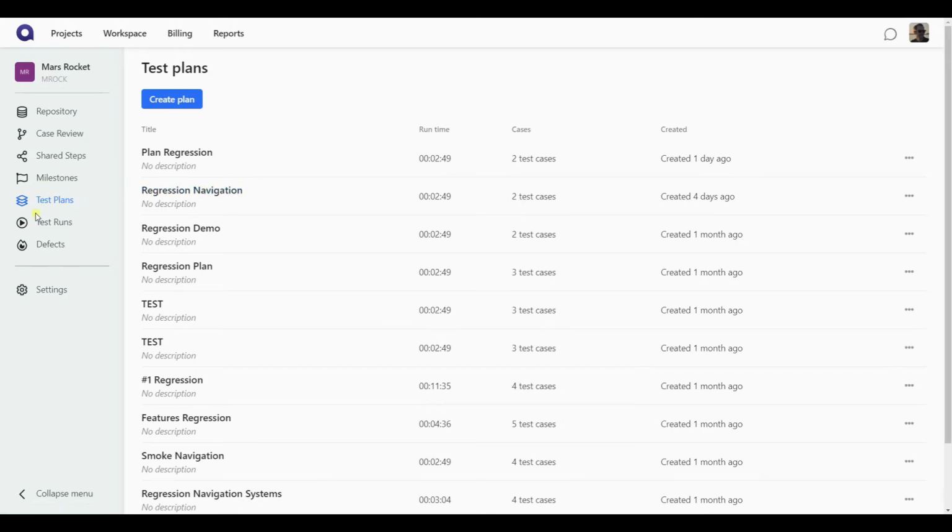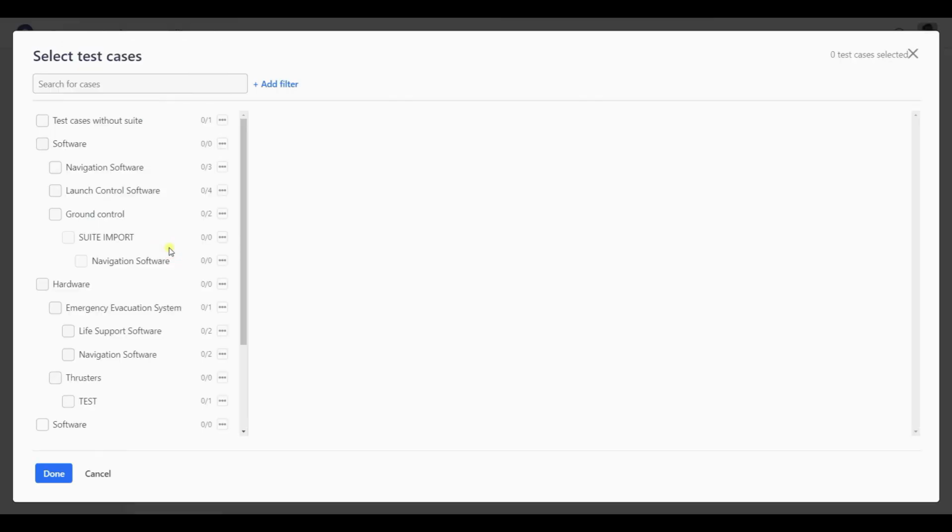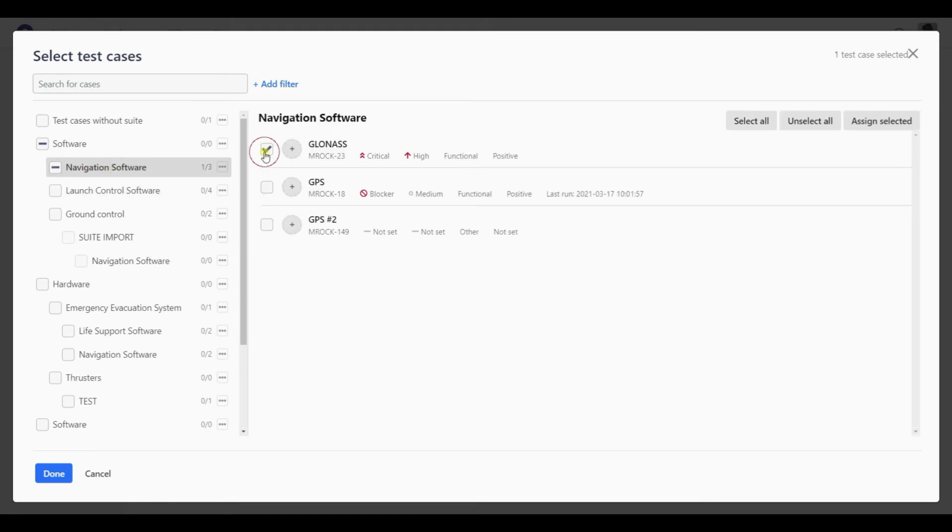You would just go into the test plan section and create a new plan. You would need to give it a name, of course. You can add a brief description as well to provide some extra context about this plan. And then you will add the cases that should be a part of this test plan. You can choose individual test cases from different suites. You can choose entire suites to be included in the plan,